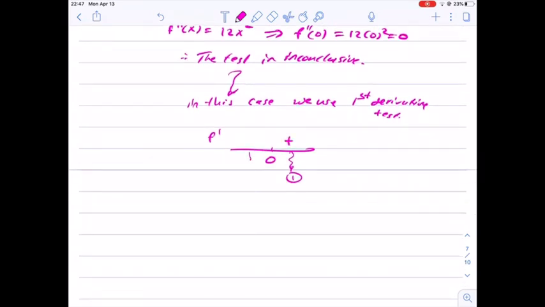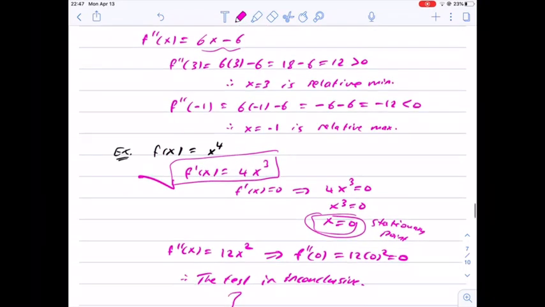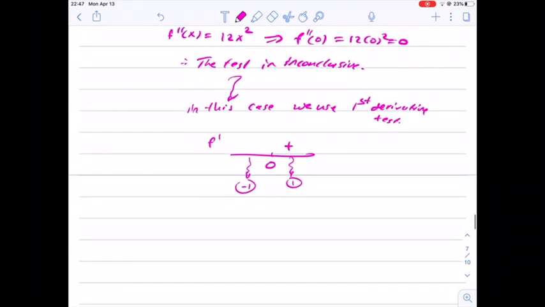Substitute it into f prime. You get positive. Substitute a value less than 0. Let's choose negative 1. Substitute it here. You get negative 4, which is negative. Decreasing, increasing. That means this is a relative minimum. But we relied on the first derivative test. We didn't use the second